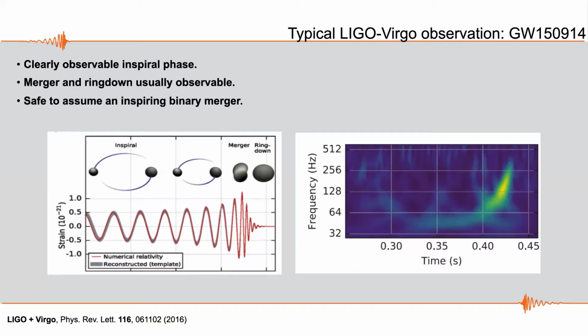So this is an example of a typical gravitational wave that we observe. And I say typical because most of them look like this. And looking like this means that you can basically identify 3 parts, or at least 2. The first one is the in-spiral process that I was discussing at the beginning. So you have the 2 objects orbiting around each other at small velocities compared to that of light. Then we have the merger. As the 2 black holes smash into each other, you have this burst of gravitational waves.